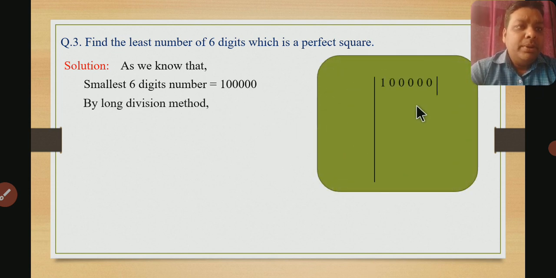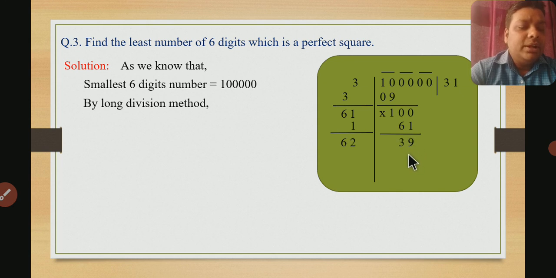Okay. So we will mark the period over 20, then this 20 and then 10. Now 3 3 is 9. Yes. 3 3 is 9. 3 times. Okay. Now after that 10 minus 9 it will be 1, and 3 plus 3 it will be 6. 2 more 0 we will take down. Now 1 1 we can add only. 2 we can't write. 1 1 1, 3 times, 61 into 1 it will be 61, and here after adding 62 and after subtracting we will get 39. 2 more 0 we will write in the next period.